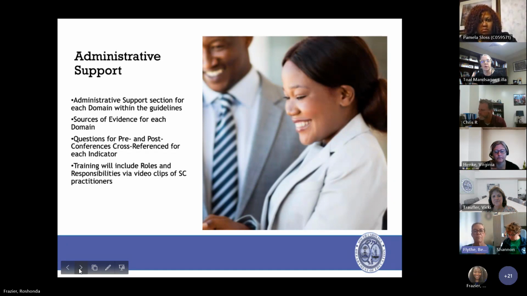We have listed scripted pre- and post-conference questions that are required and directly aligned to indicators in the rubric. So as soon as you get the answer to the question, there's your evidence for that indicator. And of course, as I said earlier, in the trainings that we do, the school librarian evaluator training in Moodle, the special areas management training, in all of our trainings and all of our presentations to the school librarians, we encourage those roles and that knowledge of the role. Okay.